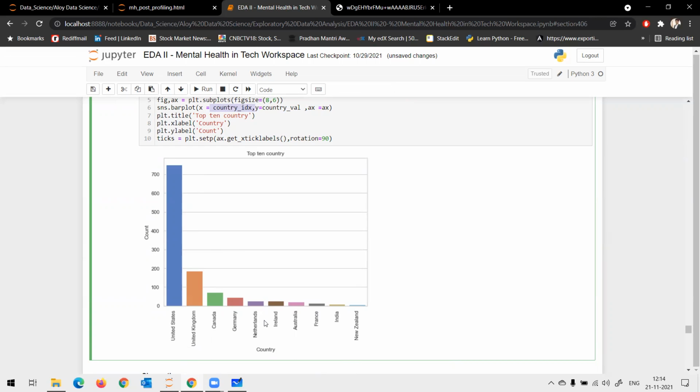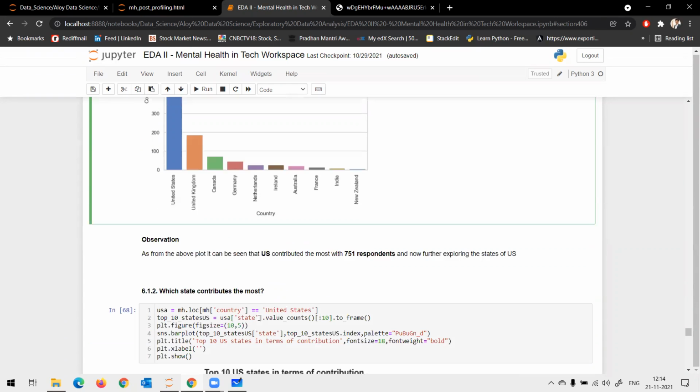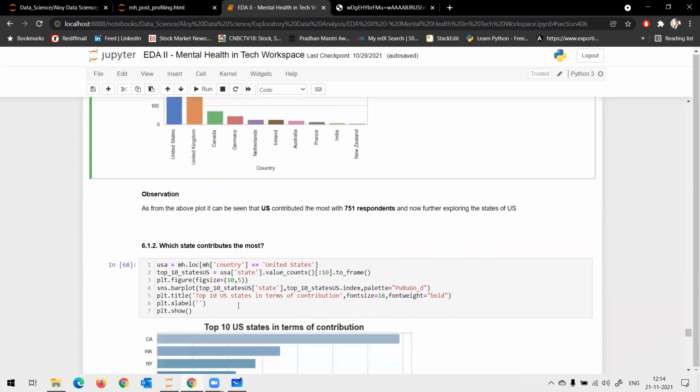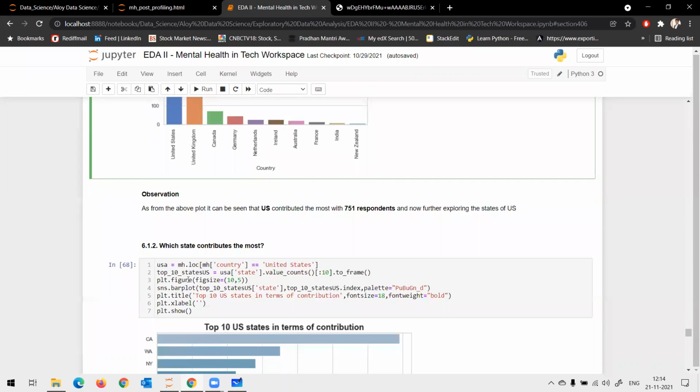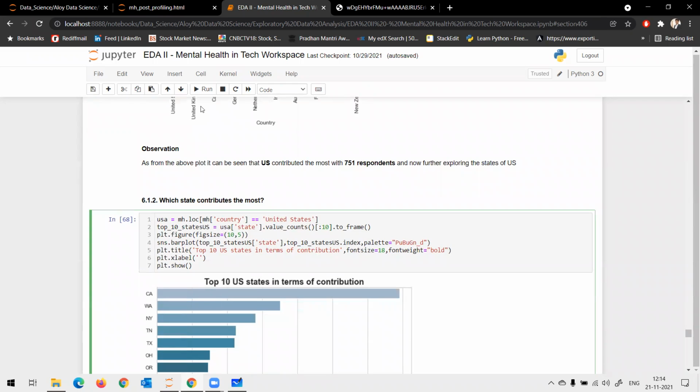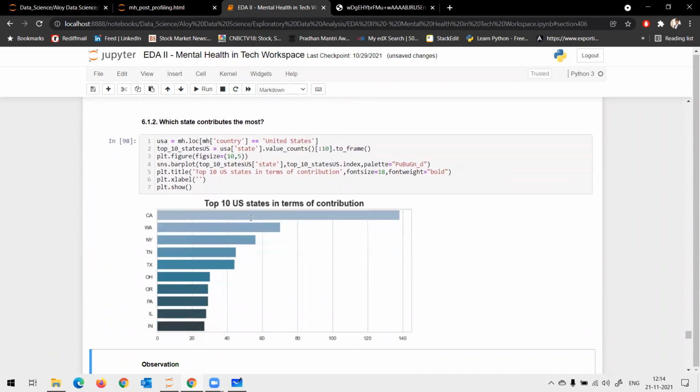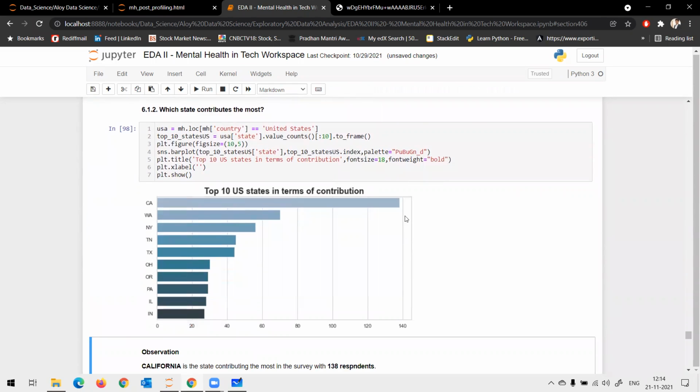Instead of going for the entire data, we can narrow down to first world countries and see how different this is from the one you already know. We noticed that the data had maximum entries or surveys taken from the United States. In the United States, we can see the state-wise distribution, and you can find the maximum entries from California.